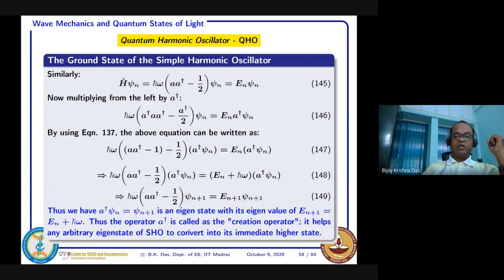Okay, so this A dagger is now called the creation operator, or sometimes a raising operator. Normally, whenever you are working with a quantum harmonic oscillator with a mass, it is easier; they call A and A dagger the lowering operator and raising operator, meaning eigenstate lowering and raising. But for photonics purposes, if you see any quantum photonics books, they normally prefer to call them the creation operator and annihilation operator.